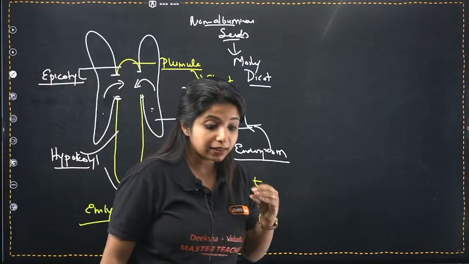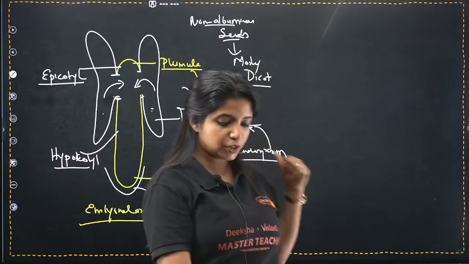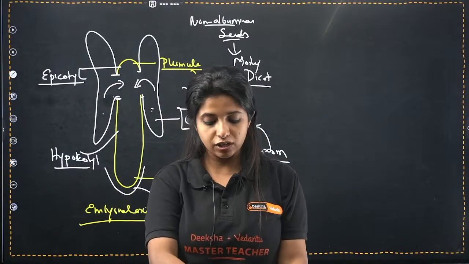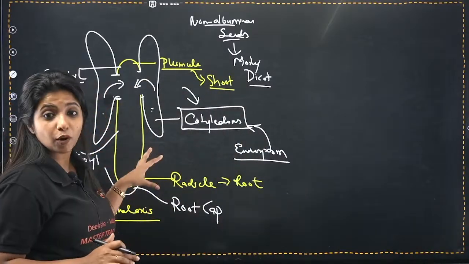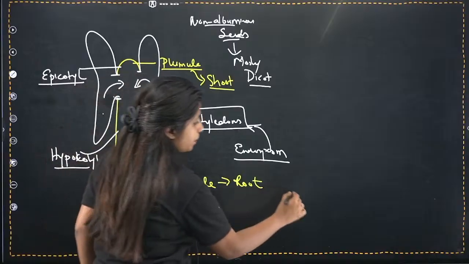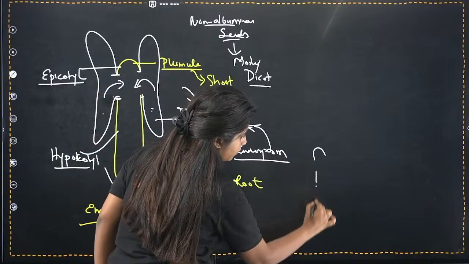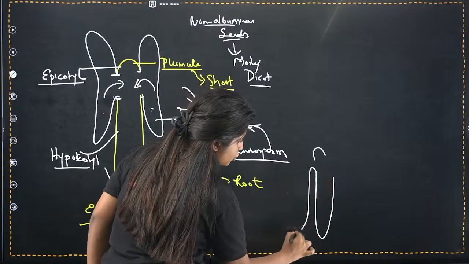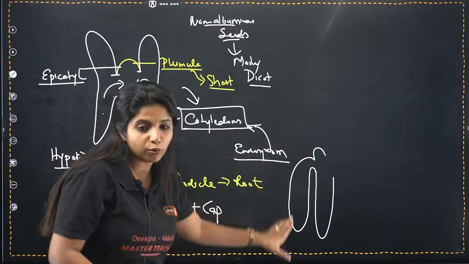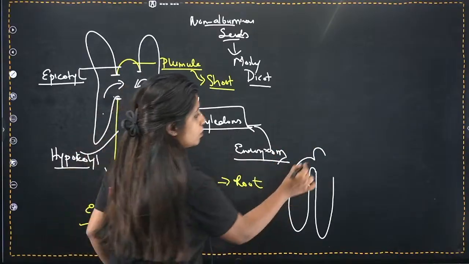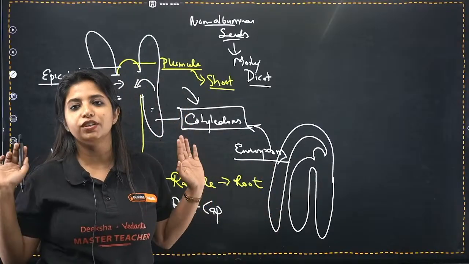Now in your NCERT there is a different picture, and you may think, oh my god, this picture does not look like the last picture, then how can we trust this? So listen, it's very easy to form the other picture. I just made it in this format so that you remember in a better manner. The picture in your NCERT looks something like this. So you have some formation. This is your one cotyledon, which I made like this, is basically just moving down. That's all. This is your one cotyledon that goes down, and there is your another cotyledon that moves down. And here you have the picture that is given in your NCERT.